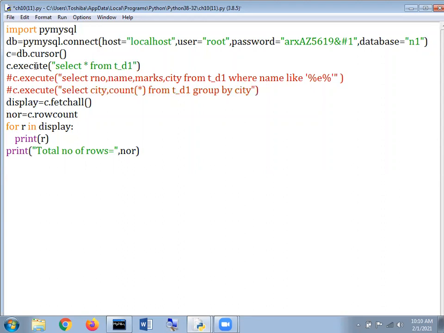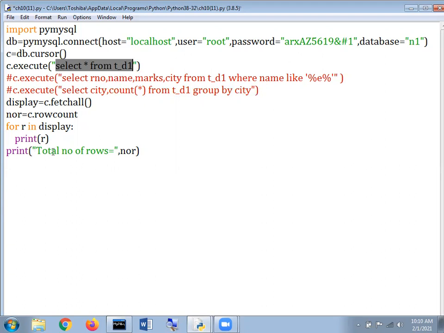What happens when we execute that particular line? The database is N1, the cursor is created, which is the interface in between MySQL and Python, and at execute, select star from t underscore d1 means the entire data within t underscore d1 is supposed to be displayed.